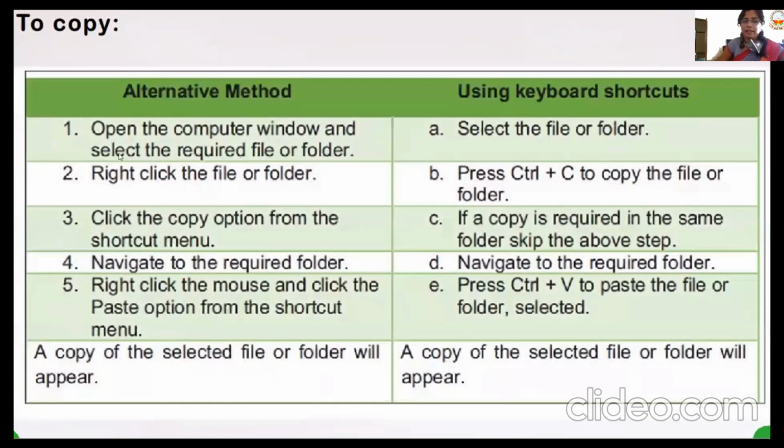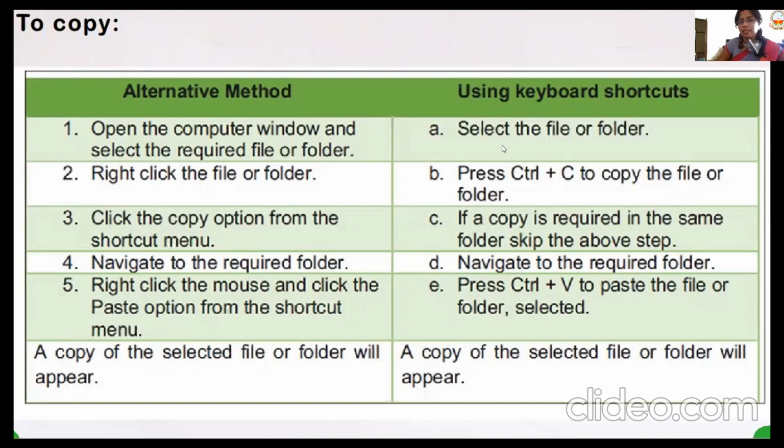Then second thing, the alternative method using mouse is select the file, do right click, from there select copy, go to the folder where you want to paste it, do right click, click on the paste option. A copy of the selected file will be appearing.